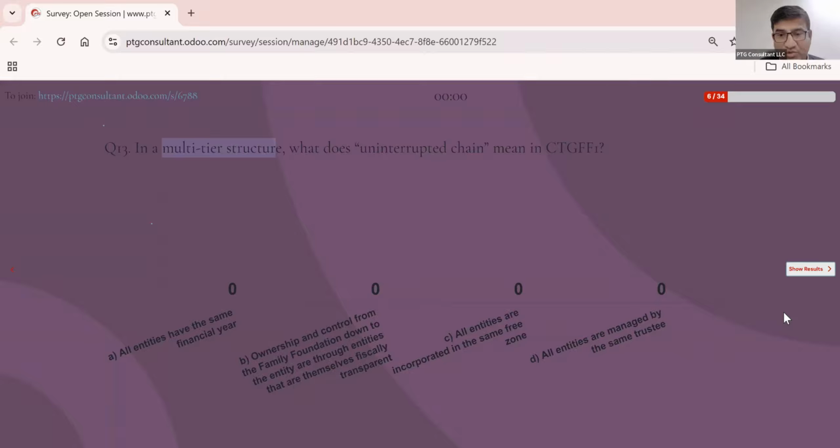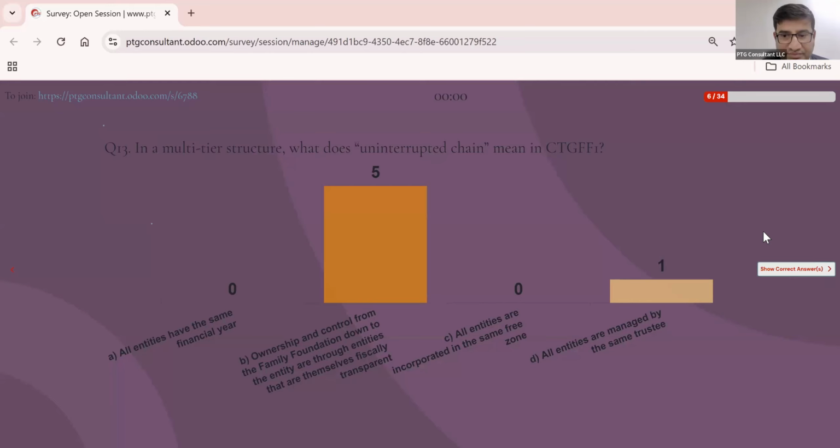Okay, yes, it is possible. While getting a new case or a query from a client, in our mind it will click, okay, yes, it's possible. Of course, we will dive into the relevant legislation and find out the solution. But first we have to know whether it's possible or not possible. Okay, so now let's move to the next.